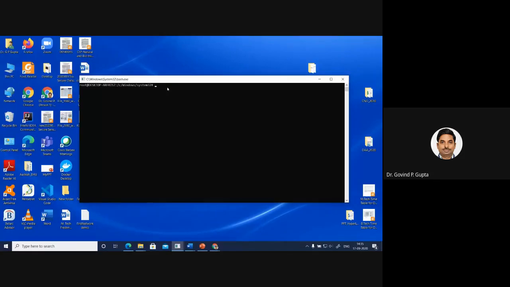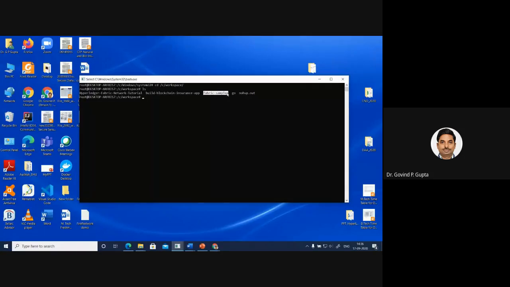Now I have installed my software into a C folder and I have created a workspace. I am going to the place where I have installed the workspace. In this folder I have installed the Hyperledger Fabric.